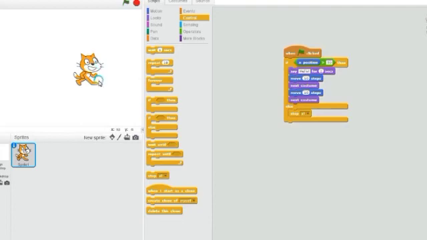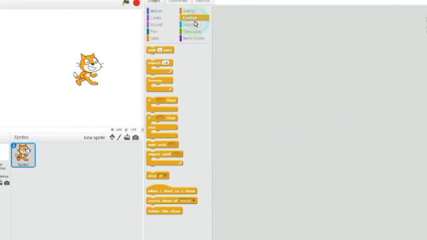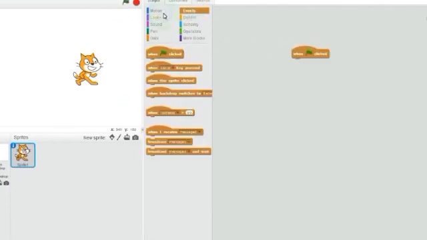See, it is following all my instructions. Moved also and said hello also. So this was my control block through which I can control my script as well as my sprite. I hope students you have understood this now.